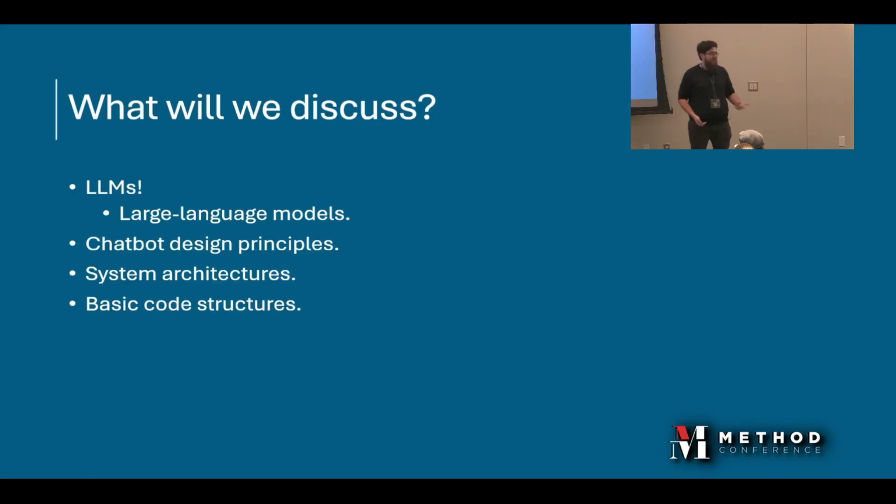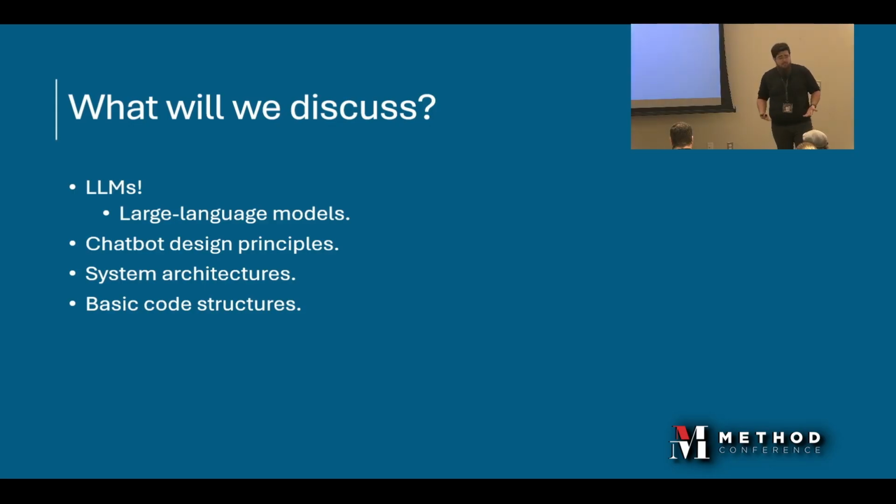As you probably could tell, we're going to talk about LLMs, large language models, specifically as a branch of AI. We're going to talk about some design principles, some very high-level architectures, and some basic code structures just to get you guys comfortable with building these things, right? I hope that for the non-technical people here, you can leave with, like I said, terminology and still an understanding